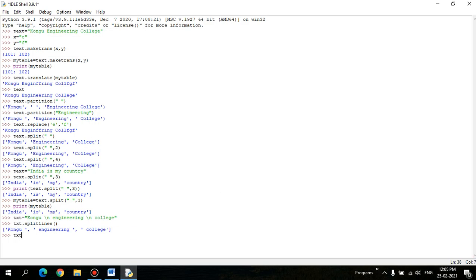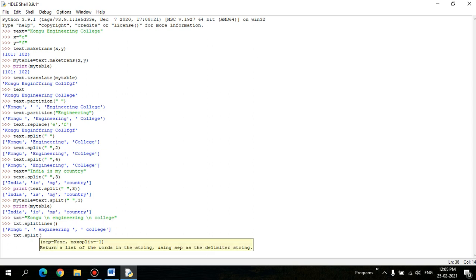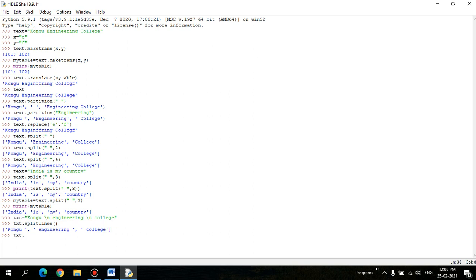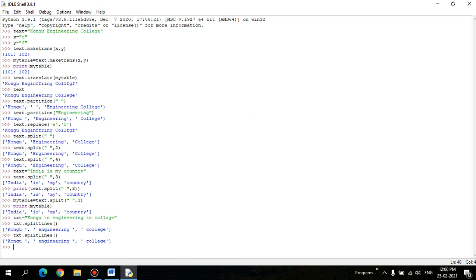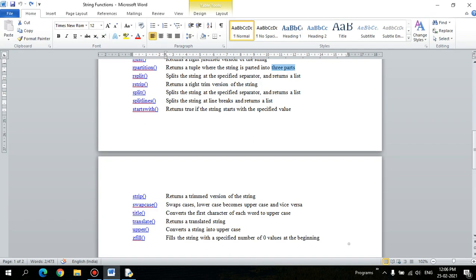So here txt dot splitlines. This will also do the same process, right. Splitlines we have seen.